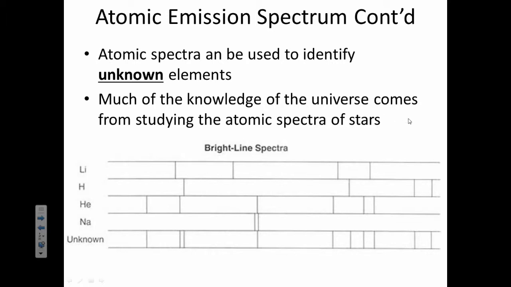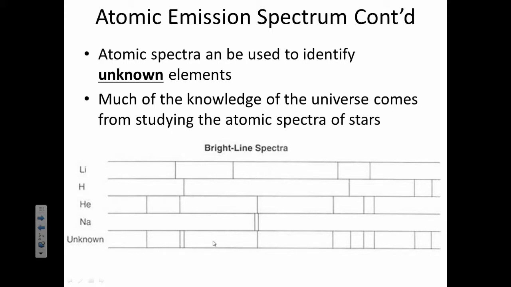And for example, the sun, that's how they came to understand that the sun is really fusing hydrogen atoms into helium, because when they looked through a diffraction grating at the sun, they could see helium's bands as well as hydrogen's. So in this little problem right here, I've got lithium's spectrum, hydrogen's, helium's, and sodium's, and you're supposed to